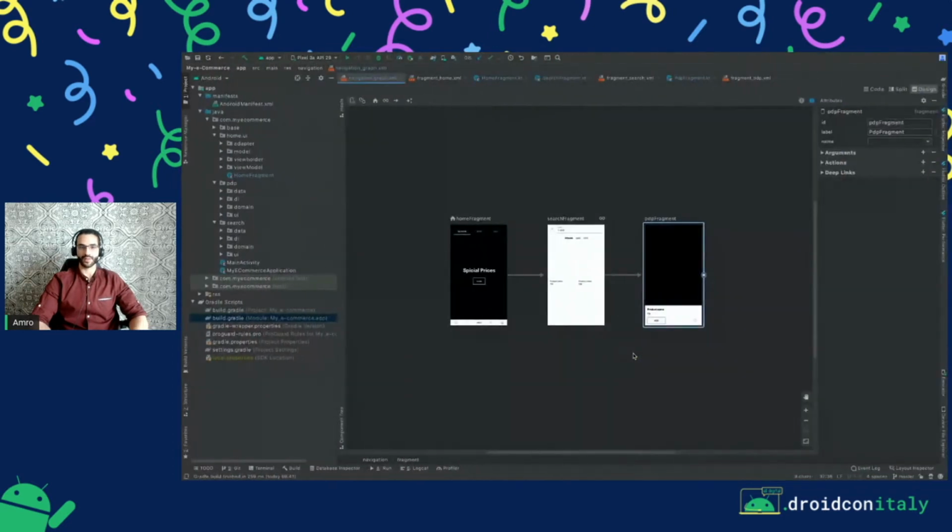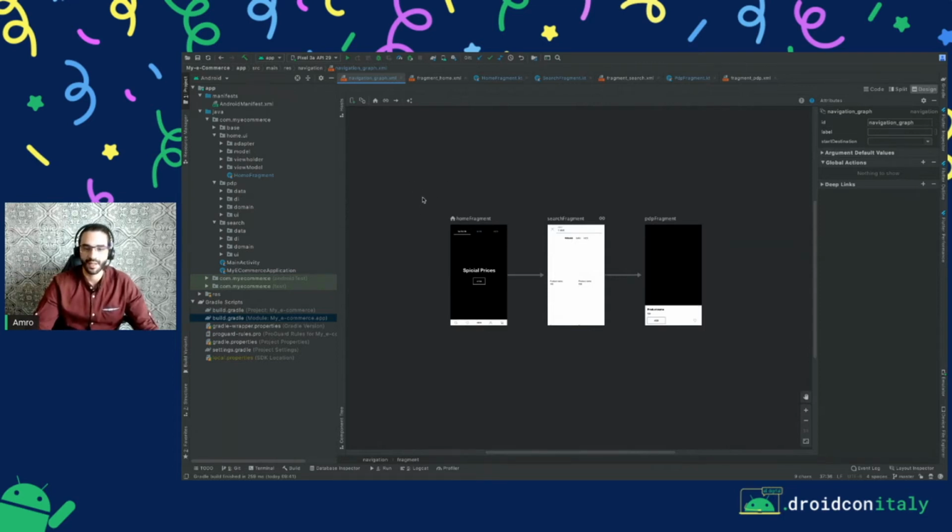So let's move to the fun part. Let's go to Android Studio. Oops, I cannot see my mouse. Strange. Okay, let's take a brief look at our navigation graph. Here we have our home fragment, search fragment, and PDP fragment. As PDP fragment is the product detail page fragment, it is the page that will render the detail of the article selected by the user. As we can see, our destinations are connected by some actions, and home fragment is our entry point for the